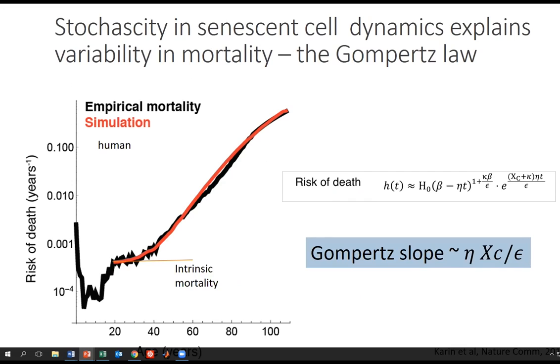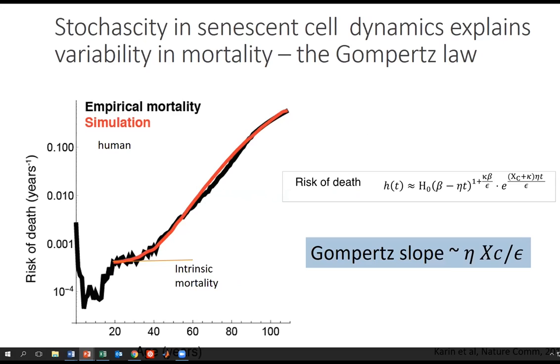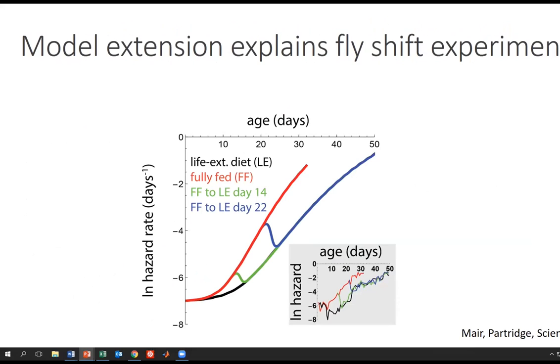If you extend this model, of course, not all organisms have senescent cells, but a lot of organisms have the Gompertz law. If you extend it to invertebrates, not thinking of senescent cells but of other kinds of damage that is produced and removed and saturates its own removal, you can explain how shifts in life-extending diets make hazard curves shift within days to new curves. This is data by the Partridge Lab. Because of the fast turnover time of senescent cells, when you shift, the senescent cells just go away so quickly. That's an indication that you have a fast process of turnover and a slow process of changes in the parameters. In this case, we think it's the production rate.